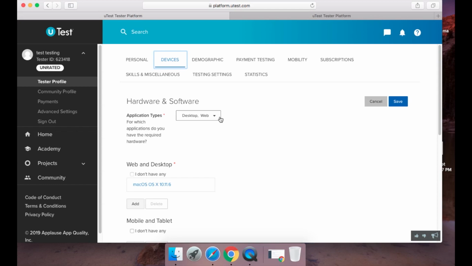But as you progress, the more devices you have, the more your chances. Because, for example, let's say they want devices that run Android 4.4. That's an old device. I've had tests where they were asking for iOS 10.9, which is like iPhone 4 something, maybe 4G or something. It's a really long time ago. But then it's important that you have that device in order for you to get that test. So I try to keep a lot of devices.